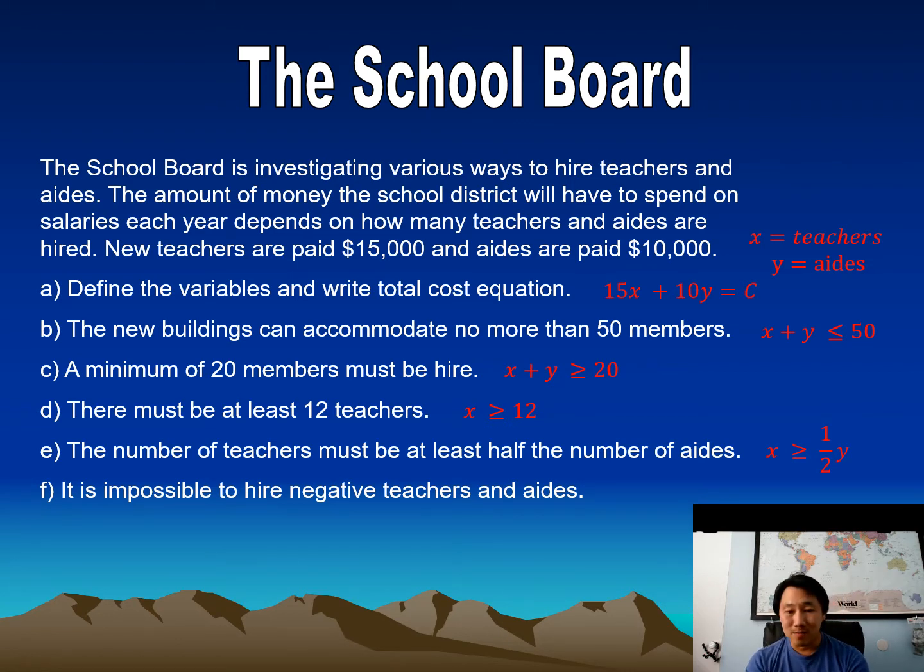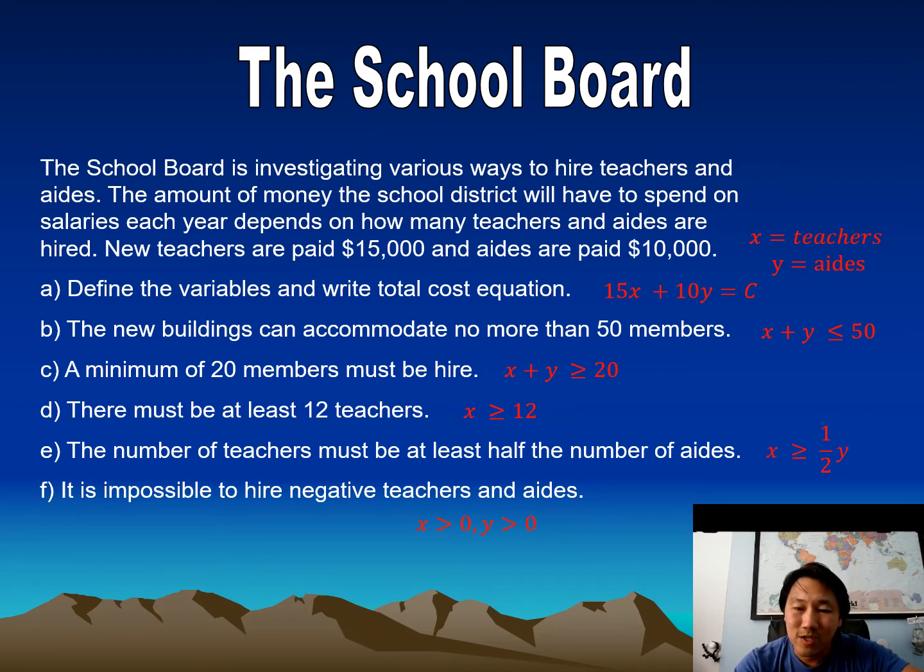It is impossible to hire negative teachers and negative aides. So you can't hire a negative amount of people. So how do we write that as an inequality? It's a little bit tricky, but you've seen it before. X is greater than 0, so you can't hire anything less than 0 for teachers, and then y is greater than 0. You can't hire anything less than 0 for aides. All right, those are